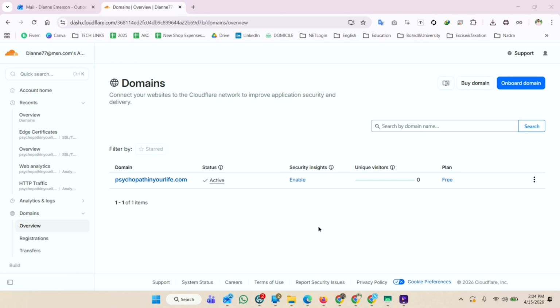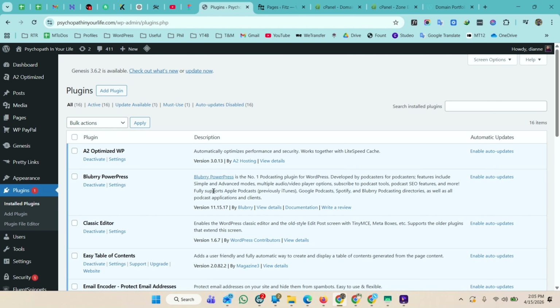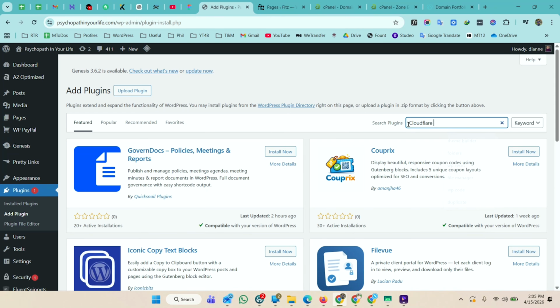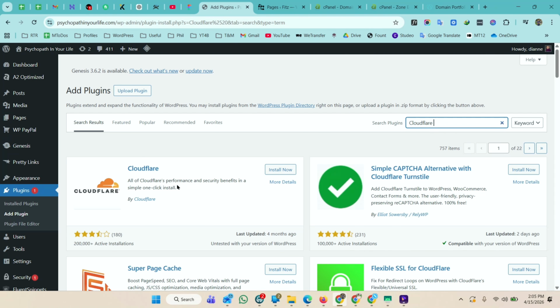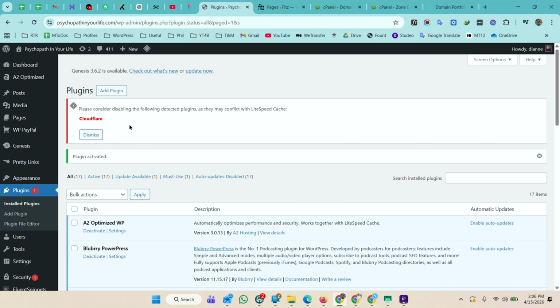So let's get started. First of all, go to your WordPress dashboard and then go to plugins, and then click on add plugin. Here in the search bar, search for Cloudflare. You will see the official Cloudflare plugin by Cloudflare. Go ahead and click on install, and once it is installed, then activate. If you are using any other caching plugin, then it can conflict, so you have to use only one. In my case, I am already using Lightspeed, so I will later disable it so that the Cloudflare plugin doesn't conflict